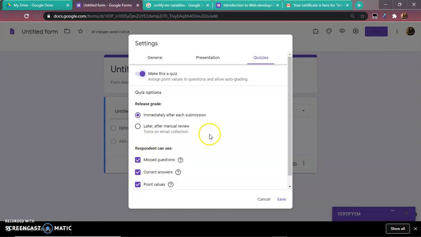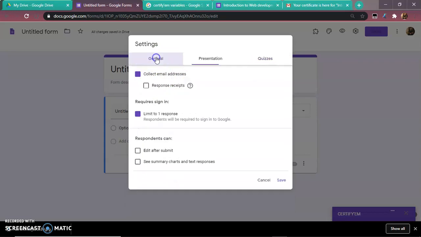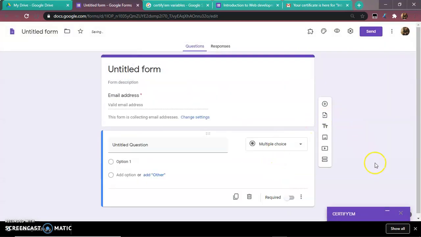You can pause the screen and follow these instructions. As this is a demo, I don't want it to be a quiz, so I am not selecting this particular option. Make sure you select these two options, as you have to select them to distribute the certificates. Now we have to click on save and let us get back.